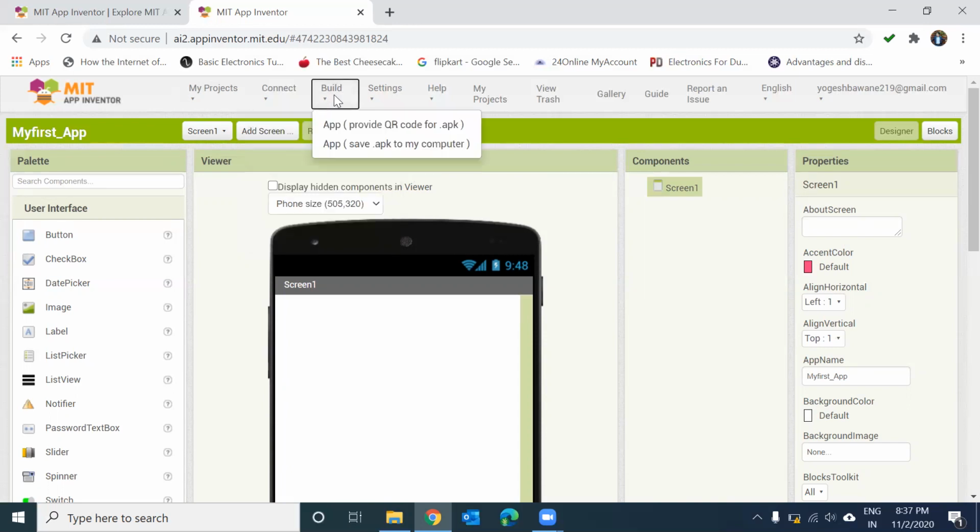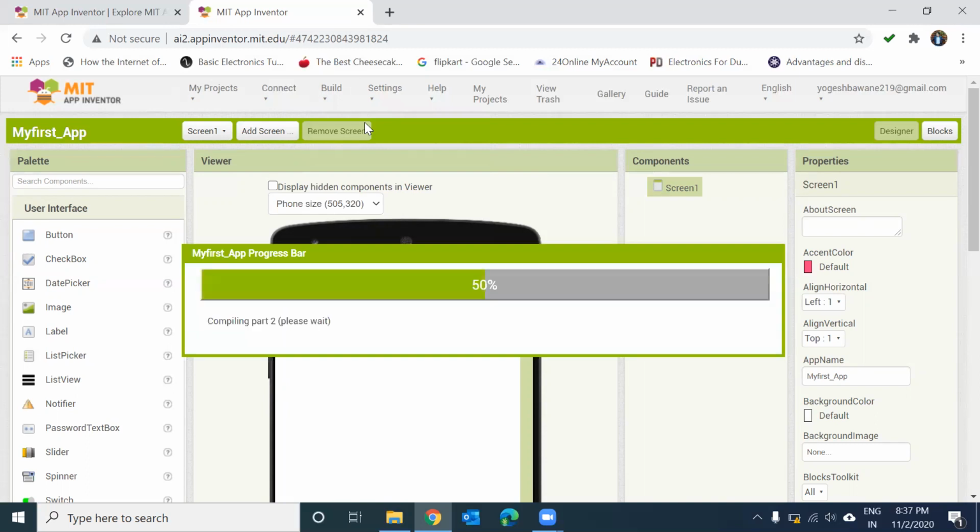Now, if I want to share my application with my family members or friends, I can directly create or download the APK. You can create a QR code for this. This is how you can create the QR code. One QR code will appear on the screen. You need to scan that QR code and the application will automatically download to your mobile phone. You can download that application by scanning the QR code only, so that you can share the APK file with your friends or family.